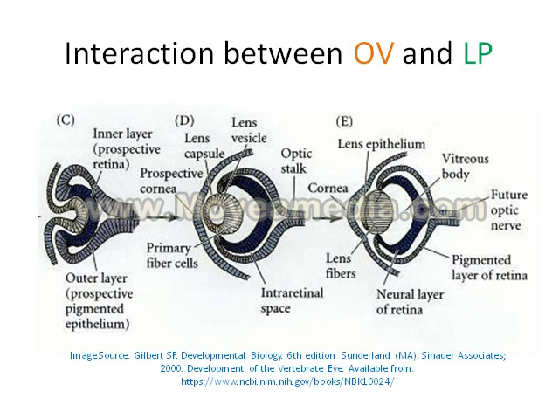As previously discussed, the optic vesicle has induced the lens placode initially, and now the lens placode will induce the optic vesicle. Now the optic vesicle, as seen in figure C, invaginates to form a bilayer structure. You can clearly see the two layers: the inner layer, labeled prospective retina, which means it will form the retina, and the outer layer, prospective pigmented epithelium, because the outer layer cells produce melanin pigment and become the pigmented retina.